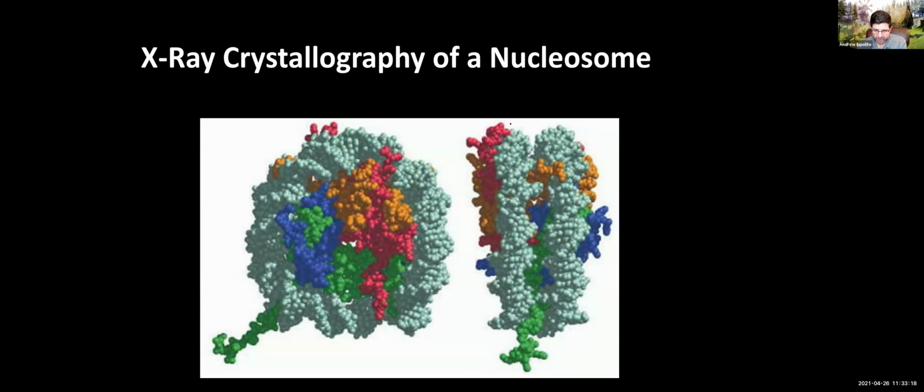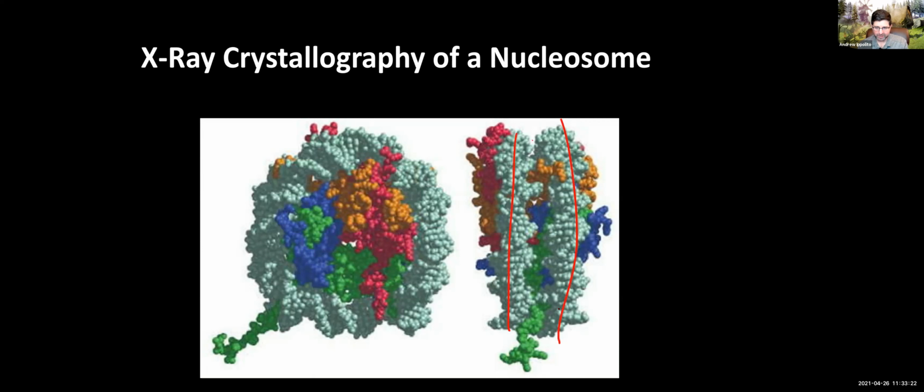You can see here in the aqua or teal color, that's the DNA wrapping twice. You can see the DNA is here or the DNA is here, so this is kind of a 90-degree tilt. You can see the linker coming out here. That's the H1. This is H1 over here. And if you're really careful, you can see the tails.